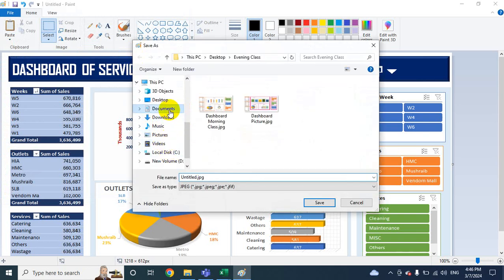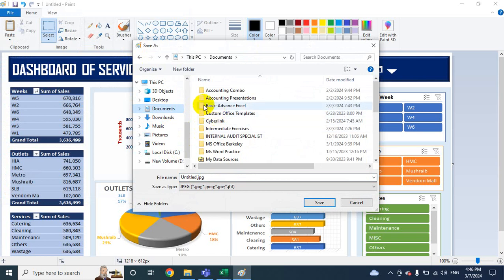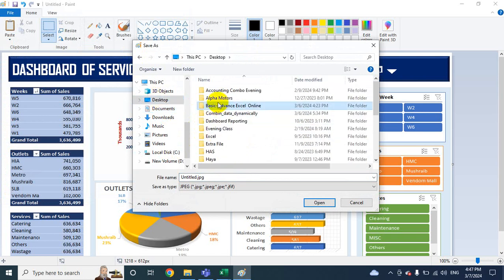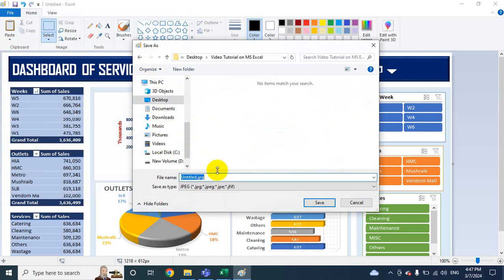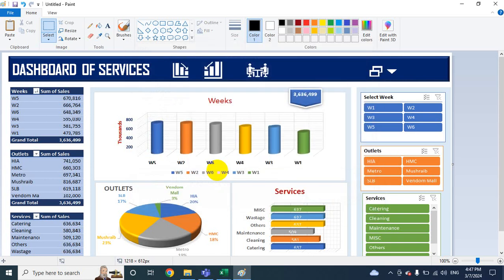Then I go to vendor mall, right? Now I'm just ready to prepare presentations. Dashboard, right? Procurement. Okay, sir, if you want to paste this one in PowerPoint also,